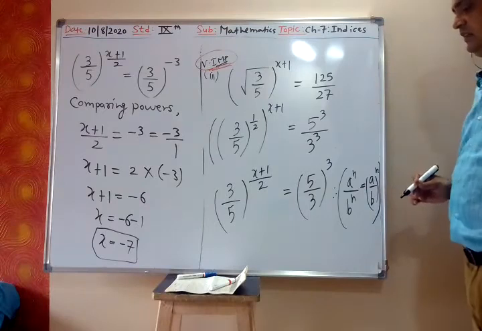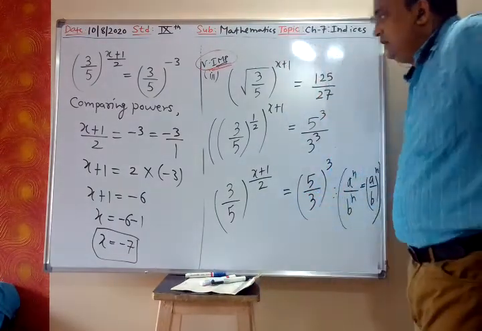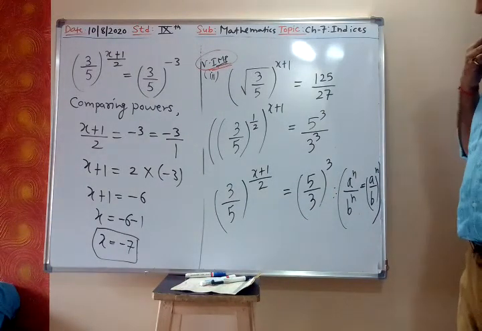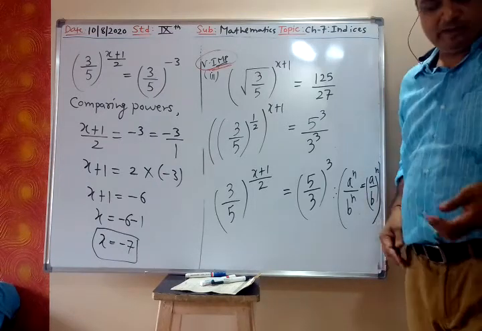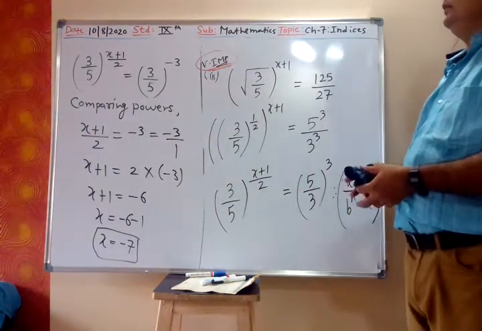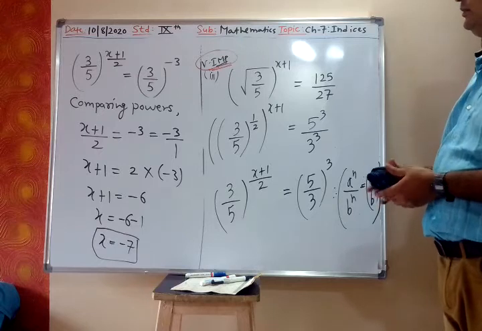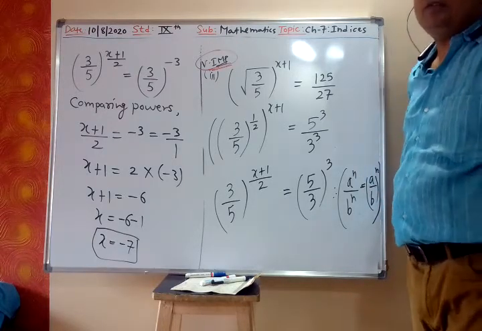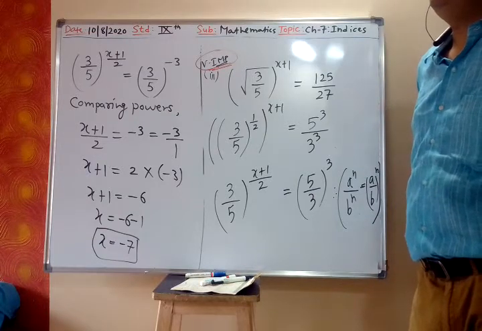Yes, minus 7 is the correct answer. Minus 7, yes. So this time, you can do whichever way, by any method, but the logic of mathematics, the rule of mathematics, should not be violated. You can do any method, but the rule of mathematics should not be violated. If it is a plus sign, you have to add.